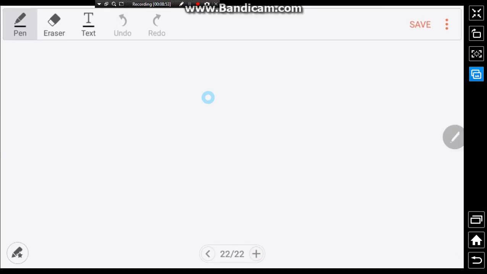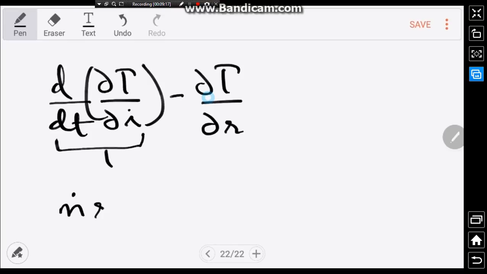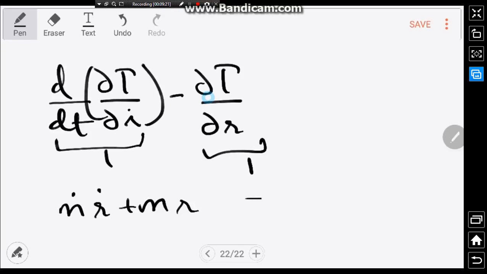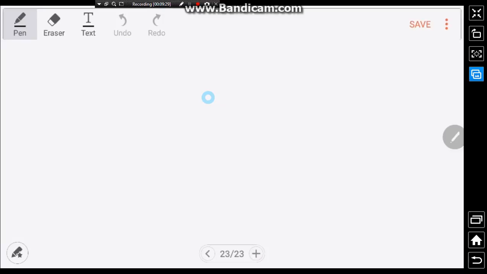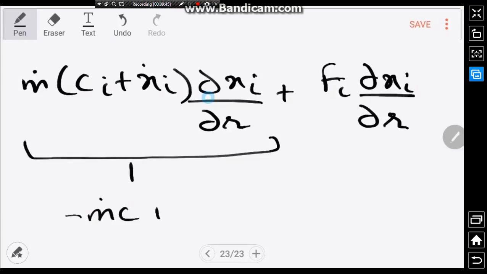Now, from the Lagrangian equation that we arrived at, we get d by dt of dou t dou r dot minus dou t upon dou r. Now, in this, the left hand side of the equation, we have this part is equal to m dot r dot plus m r double dot, and dou t by dou r can be written as m omega square sine square theta times r. On the right hand side of the equation, which is m dot ci plus xi dot dou xi by dou r plus fi dou xi upon dou r, now this part of the equation becomes minus m dot c plus m dot r dot, and this part becomes